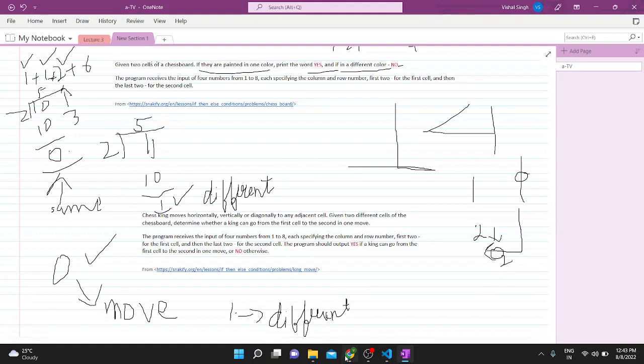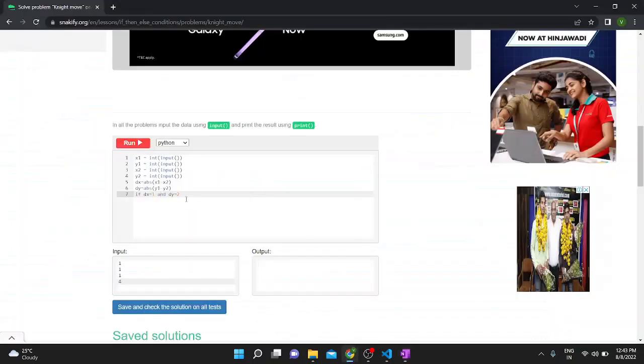So this condition we have applied here: if dx is equal to 1 and dy is equal to 2, or we can say dy equal to 1 and dx equal to 2. Then I am printing yes, it can move,